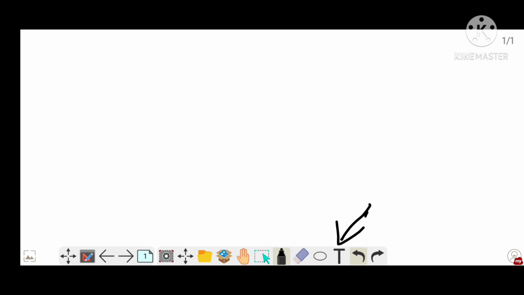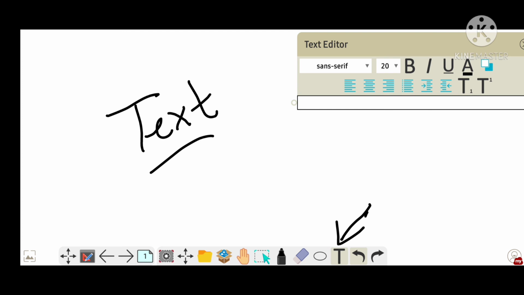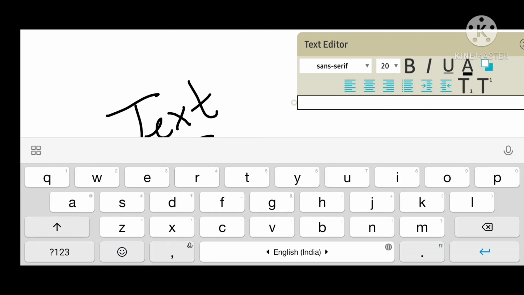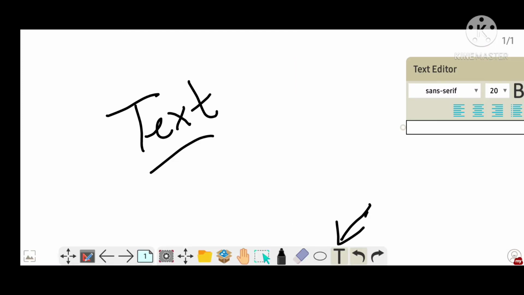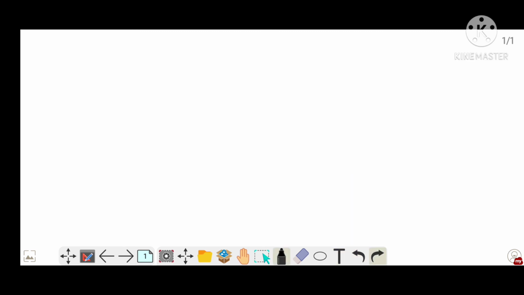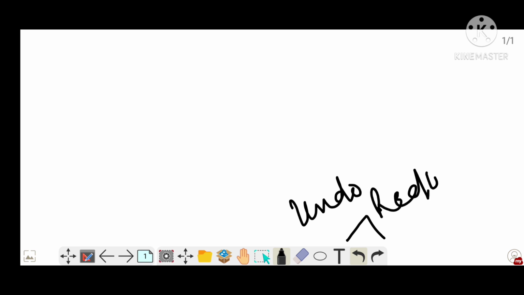Next major option is this T, that's called text. By tapping on this, you can touch anywhere with your stylus and type anything on your screen. Undo and redo options are there. If you make any mistake on the screen, then you can tap on this